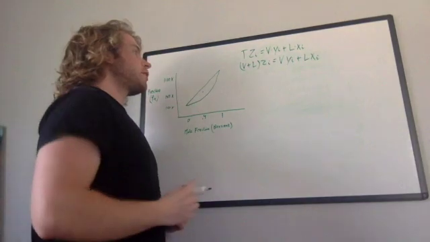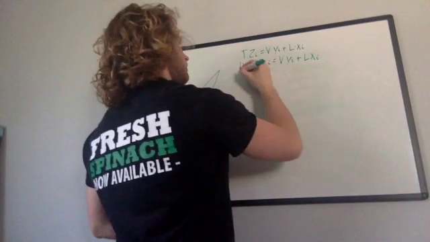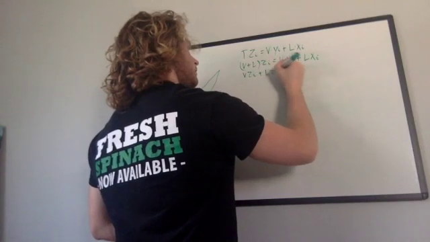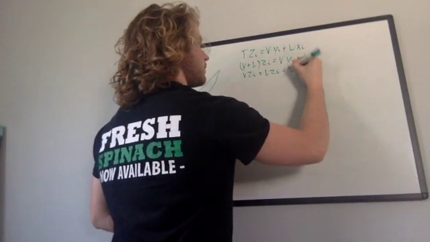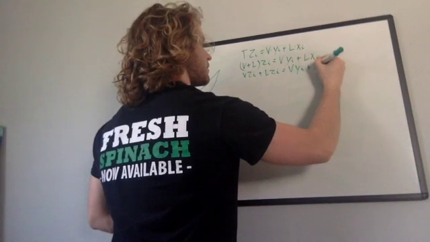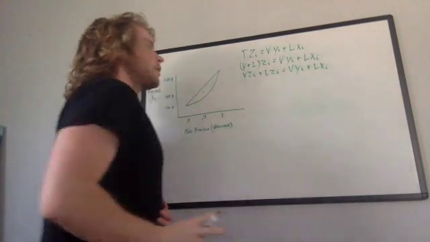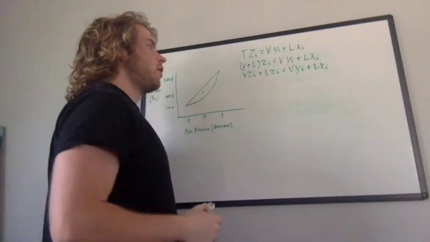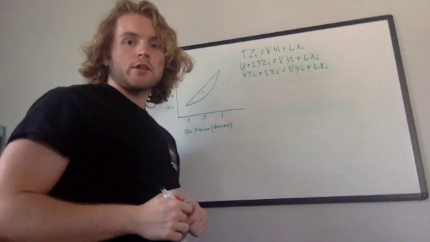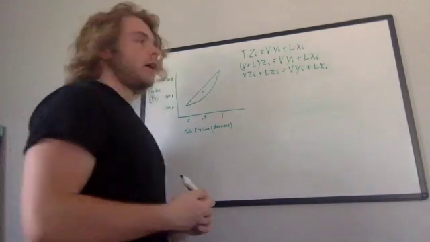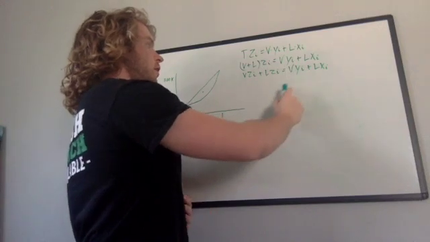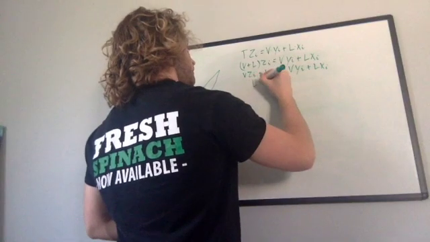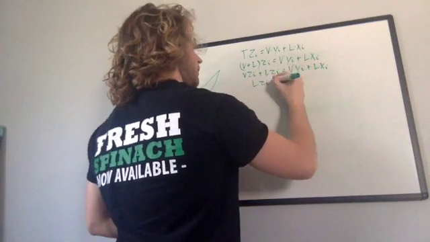Next, we're going to factor this out: Vzi plus Lzi equals Vyi plus Lxi. What we want to do now is get all of the terms with L in them on one side and all of the terms with V in them on the other side. So we'll get all of the L's on the left and all of the V's on the right. So we have Lzi minus Lxi